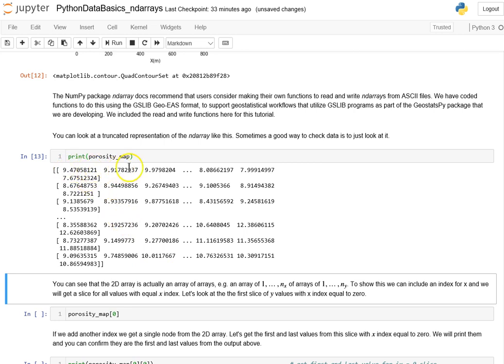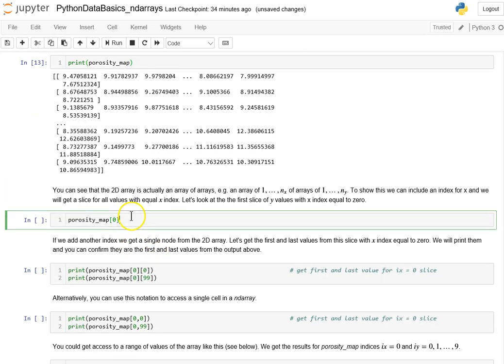You'll see that this is a single row right here, individual columns, and they're all surrounded. Each one of the rows is encased in square brackets. The overall thing is encased in square brackets. So that's pretty useful. You can also access a single